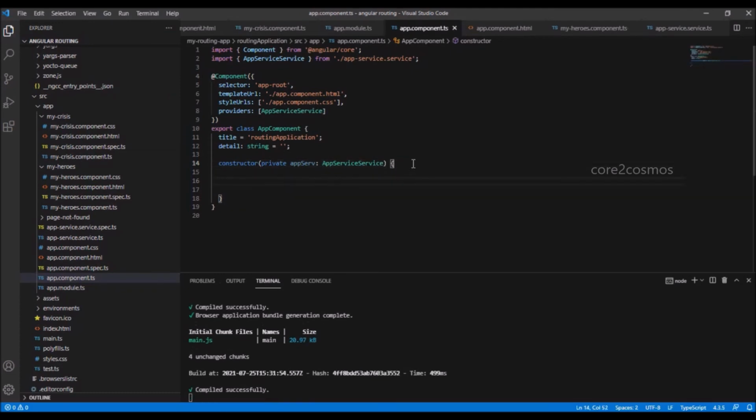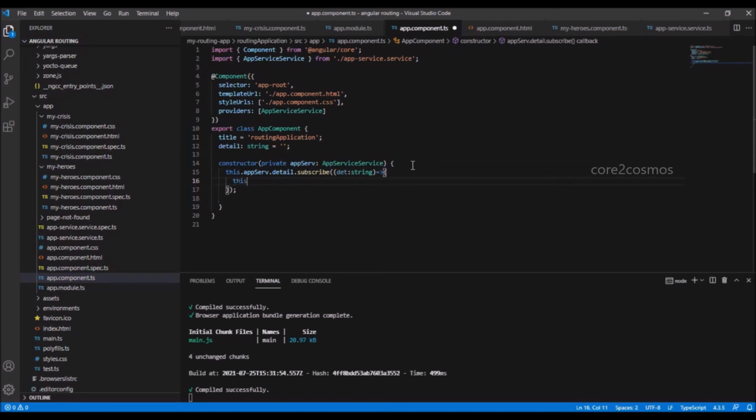At line number 16, I subscribe to the detail subject variable by saying this.appserv.detail.subscribe and using the arrow function definition I get the result as a string variable.